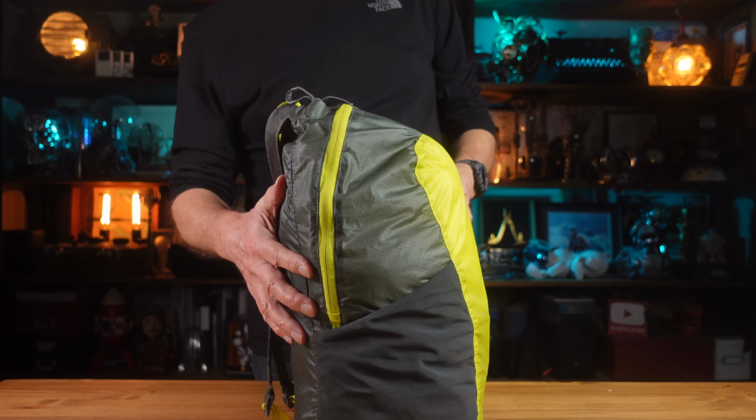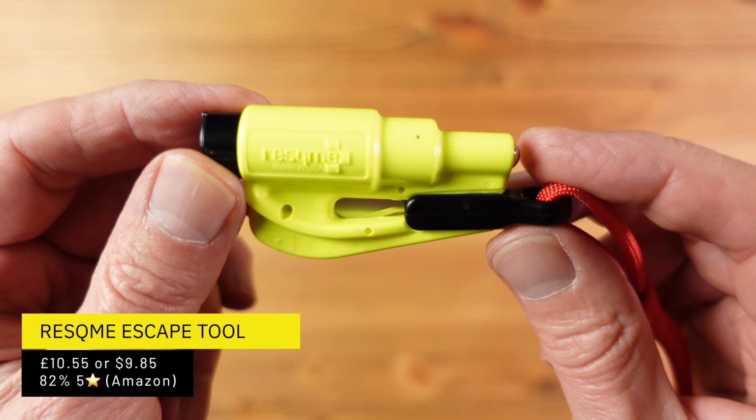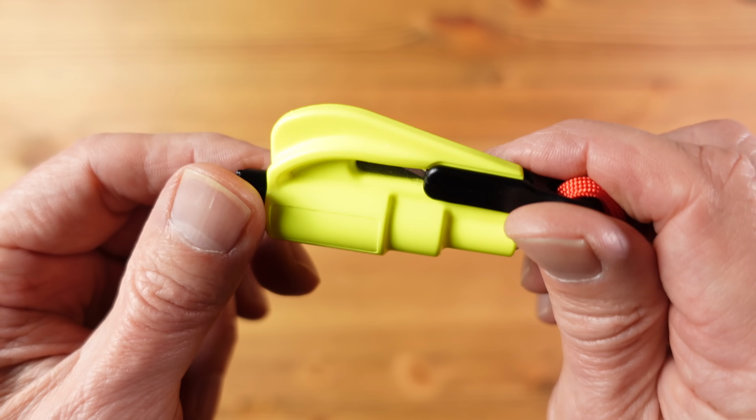I've had this one now for a couple of years. I've used it a lot and it's still going strong. This is the ResQMe Escape tool, and this one could save your life. I always keep one of these within easy reach in the car, and it's designed to break toughened glass so